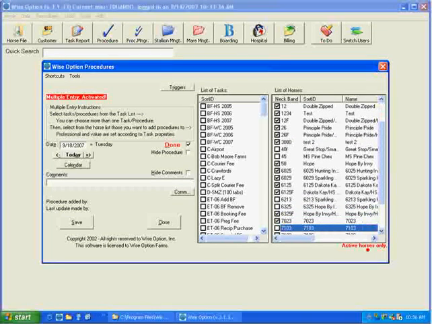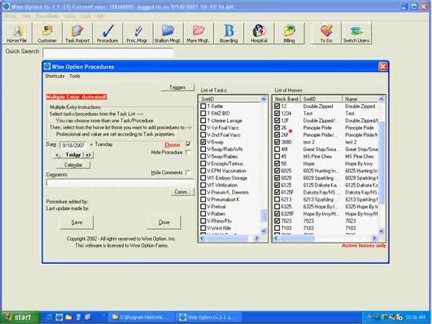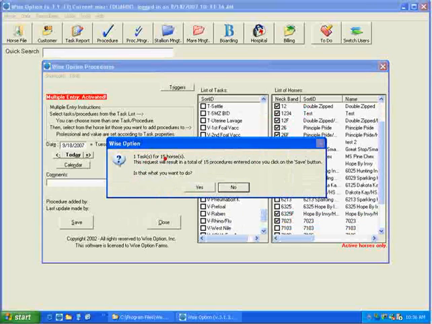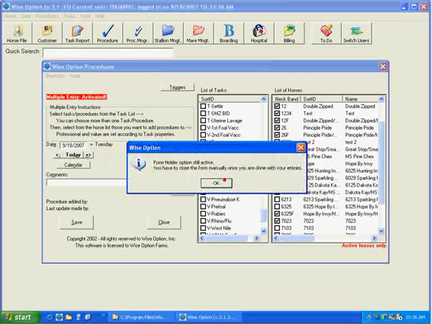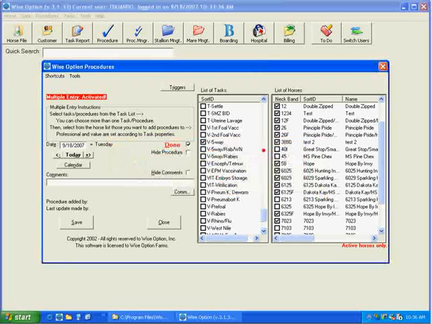Okay? So here's what we're going to do. We're going to go down to our vaccinations, and I'm going to pretend here that all these horses received that vaccination on a particular day, and I'm going to save this. So one task to 15 horses, and when I hit yes, look what happens. The 15 procedures were added to my system, but the form holder says that as it is still active, the 15 horses remain selected, and I could just change to something else,